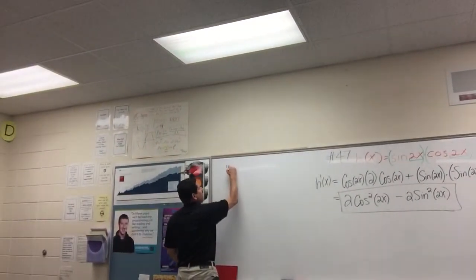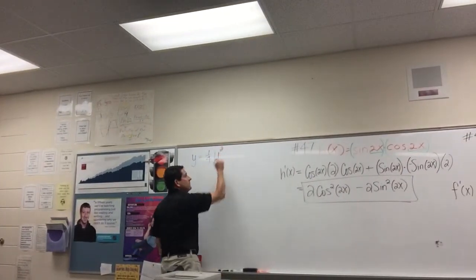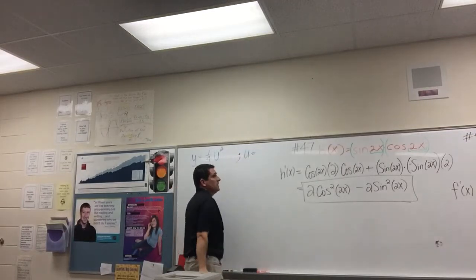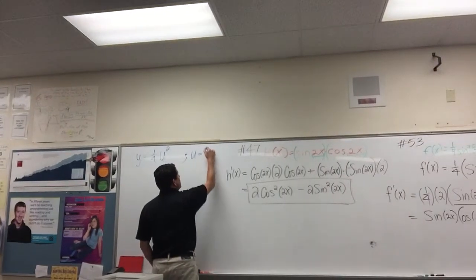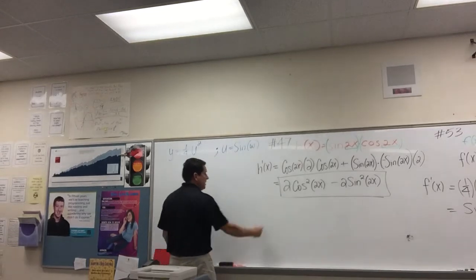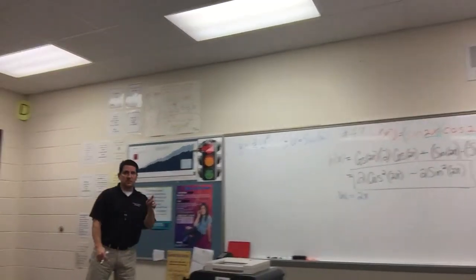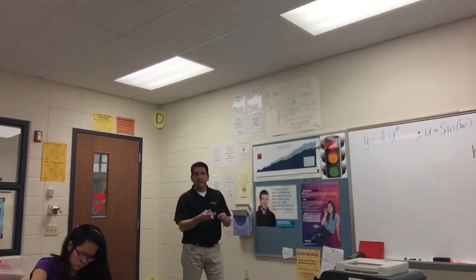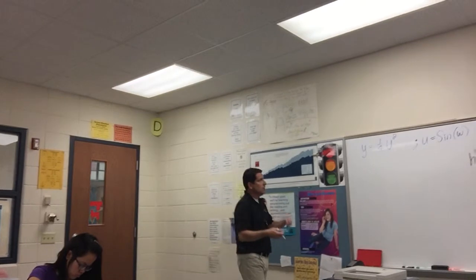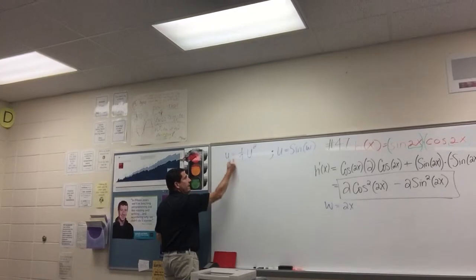Think of this as y equals 1/4 u squared, where u is equal to the sine of w, and w equals 2x. Can you see how this is just like the nesting dolls? One thing inside of another, inside of another. So if you take the derivative of each of these individually, paying attention to their letters, you'll see that